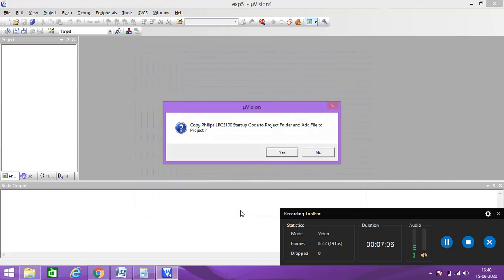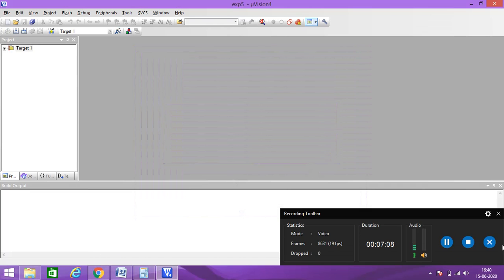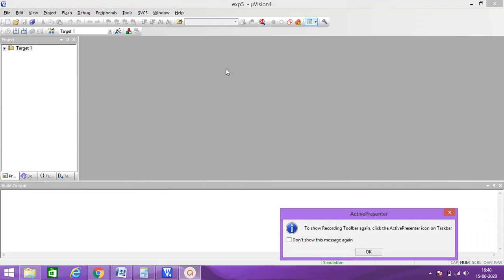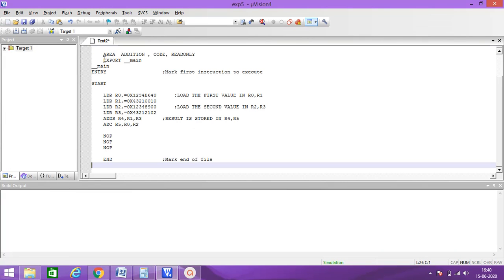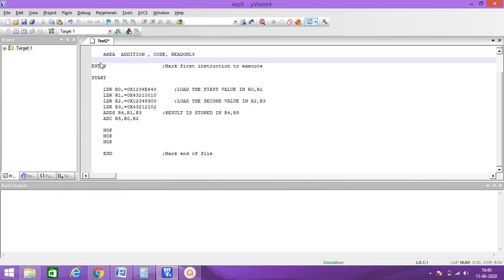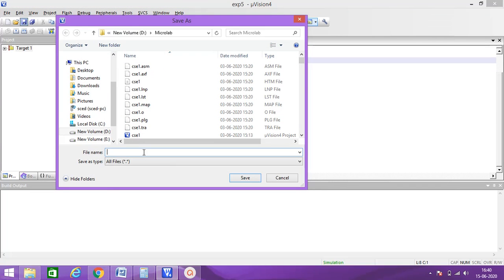Hit OK, say no, and go to File, New, copy and paste this. Export is not required. Go to save it as